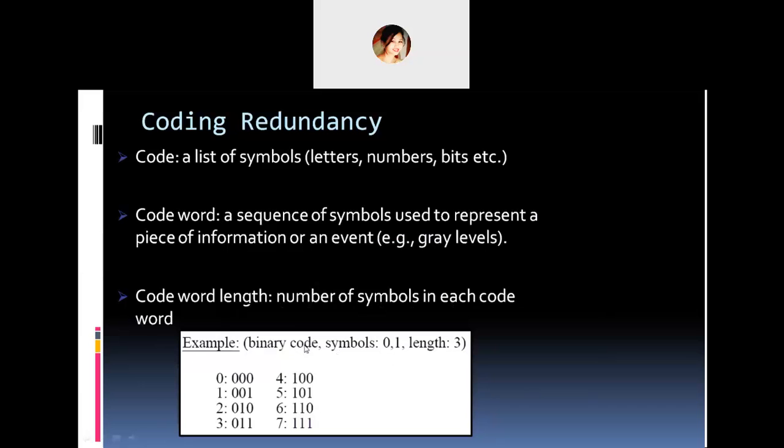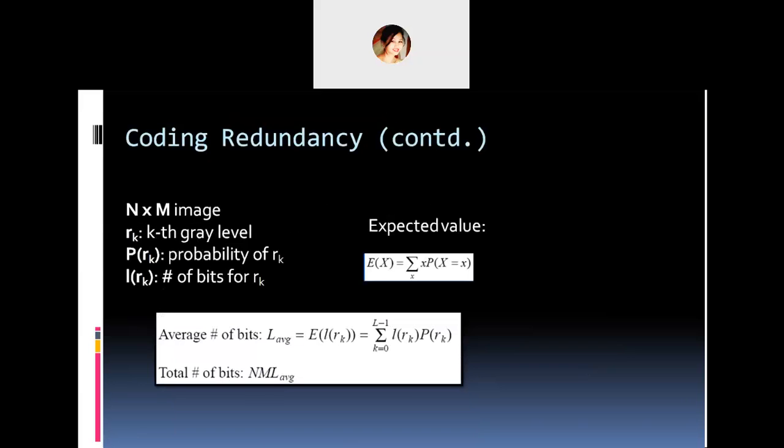So this is an example. It is given binary code symbols. So binary code it is using, and in binary code we definitely talk about only zeros and ones, right? So in symbols we'll only use 0 and 1, and length, suppose it will use 3. So the length is 3, symbols we use only zeros and ones, and this is a binary code. This is just an example. We'll get to solve sums later on, okay?